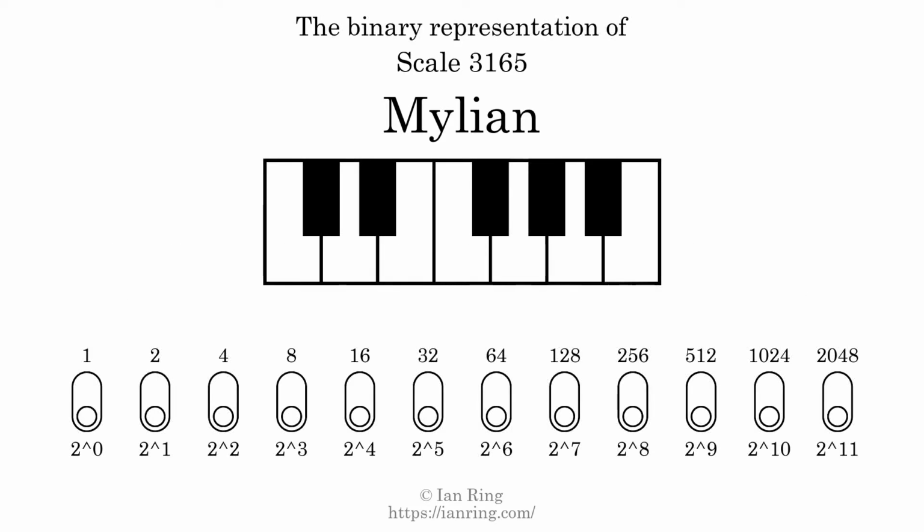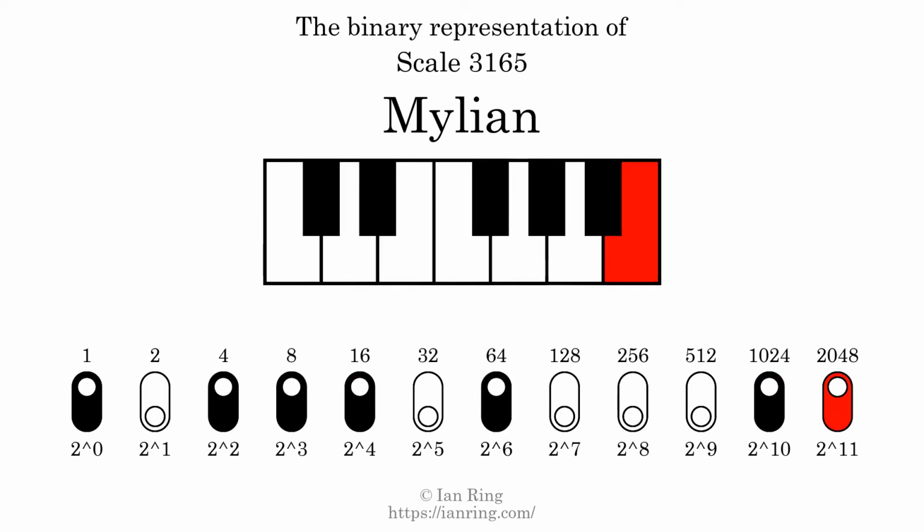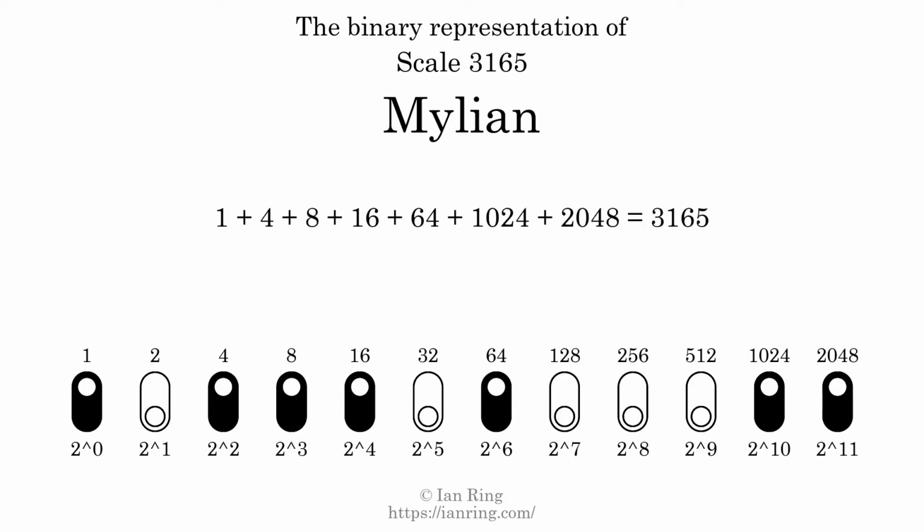The binary representation of this scale is determined by mapping tones of the scale to binary digits. Each binary digit represents a power of 2. To get the scale number, we add the powers of 2 together. The powers of 2 that are present in the scale, all added together, equals 3165. That is why the scale number, in decimal, is 3165. The scale number not only enumerates the scale with a unique index, but it also literally describes the tonal content of the scale. Represented as a binary number in base 2, the scale number is